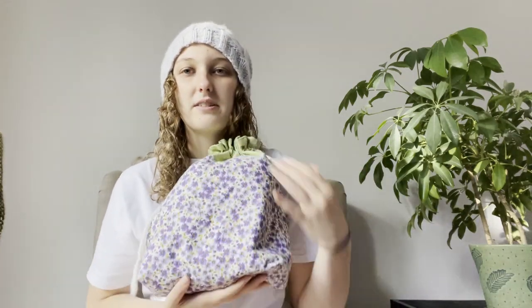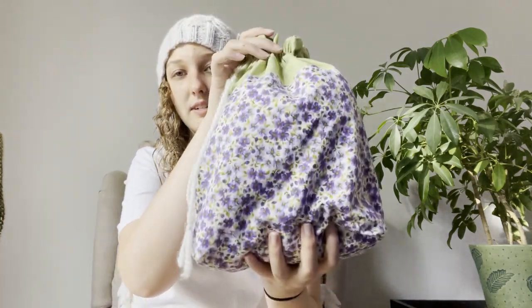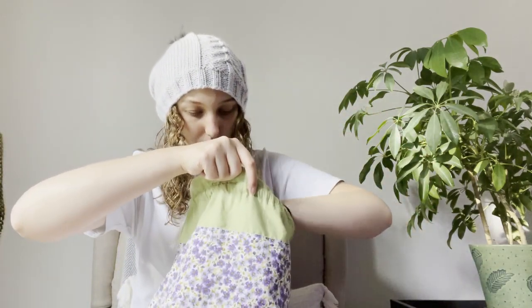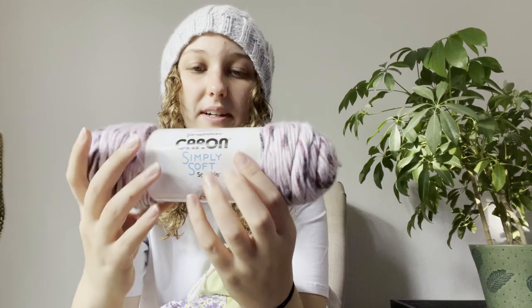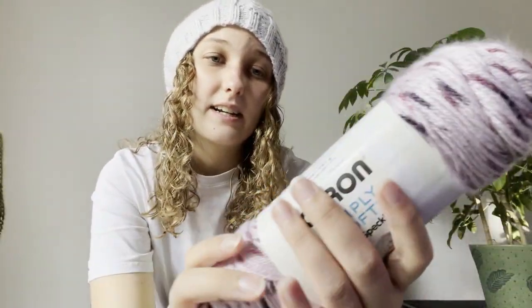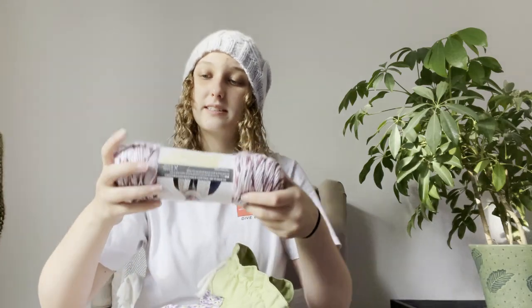So the first one here is in my Polar Bear Yarns bag that I got with a mystery skein set. Open it up here. So I'll show you, you've seen the yarn before. It is the Karen Simply Soft Speckles in the colorway Wisteria. There's the information. It is 100% acrylic, but it is surprisingly soft, and this project is for a friend's